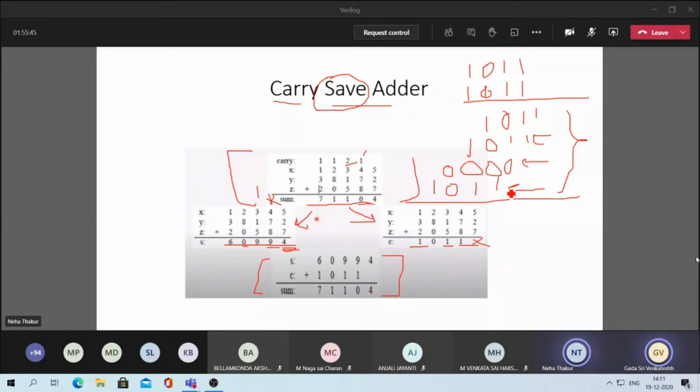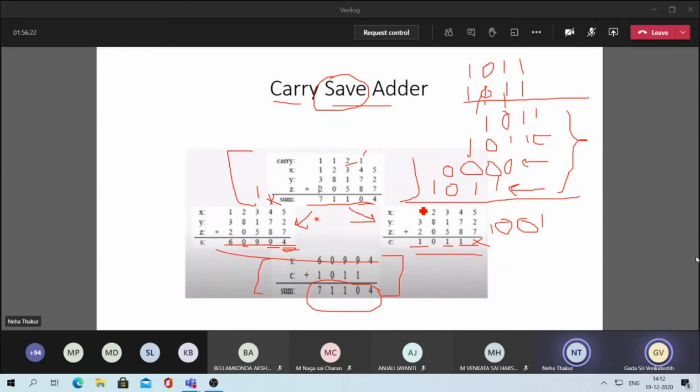Carry save adder is used where some partial products are required. Like here you can see the sum and carry, these are the two partial products. At the end they are getting added and you are getting the final product. Similarly here also, these partial products will get added: 1 plus 1 is 0, carry 1, then 1 0, it will again be sum 0, carry 1, then 1 1 and so on. So carry save adder is a normal adder.